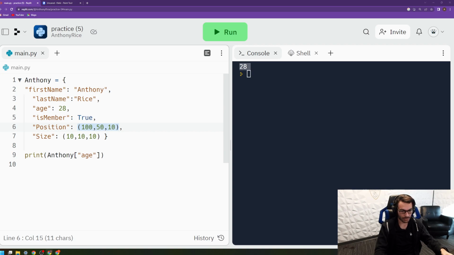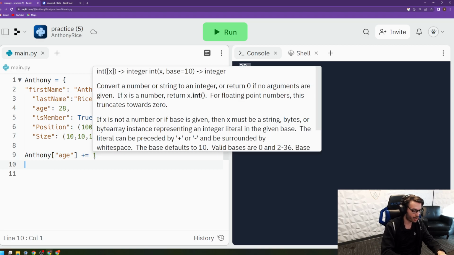Okay, the last thing we're just going to look at for this video, because I do want to keep it short, is just the way that you can add values to the dictionary. So the first way you can do things is you can update it, or not add, we'll update values first. So you can update values in a dictionary. There's two ways to do it. You can do the dictionary name, then the key mapping you want to update, and then you can set that equal to the new age. So let's say you want my new age to be 29, or let's say I just turned a year older, you can do plus equals 1, and then if I print my age,